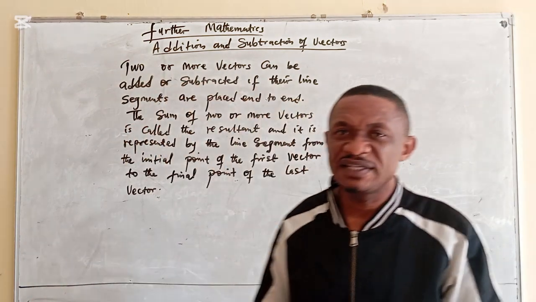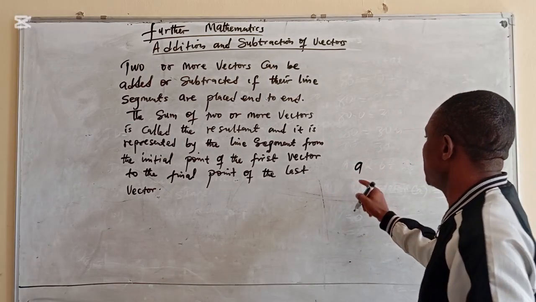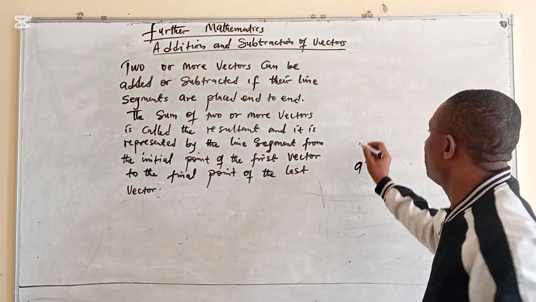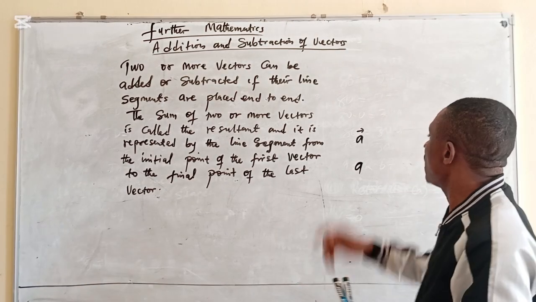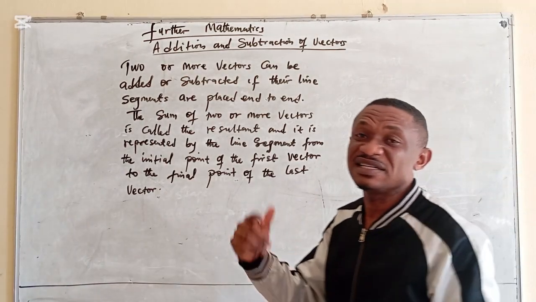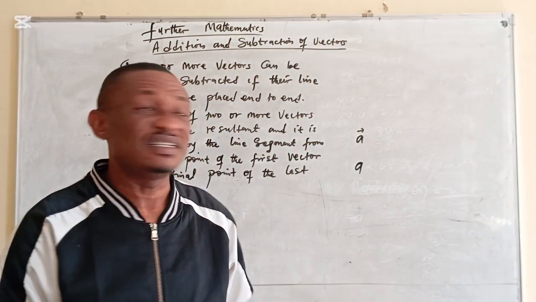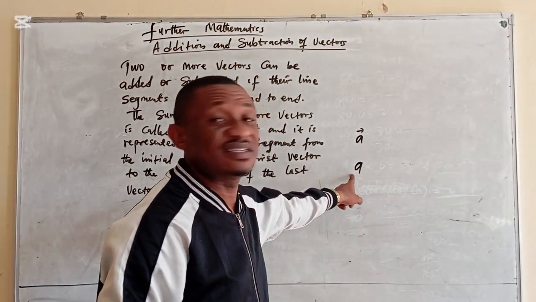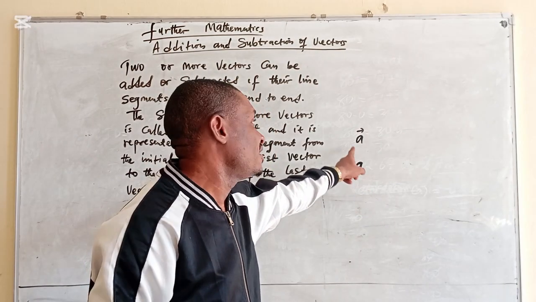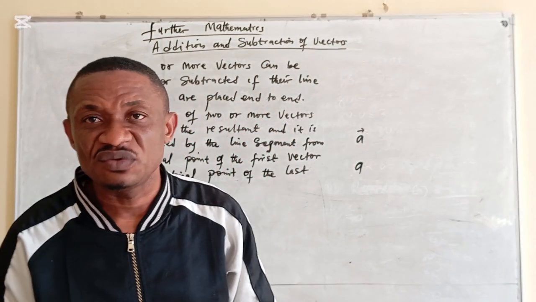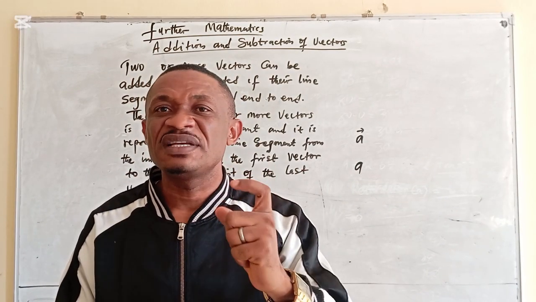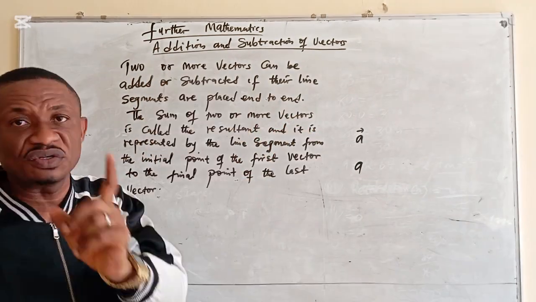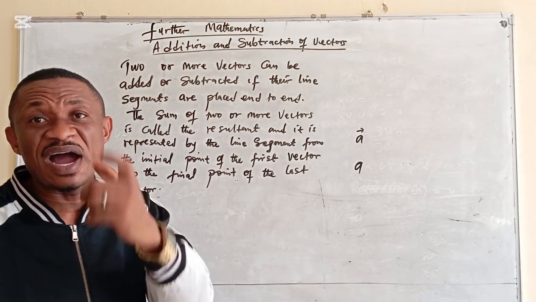If I write A, it means scalar. But if I put an arrow on top, it means vector. This arrowhead shows that it has a direction. It is a vector, but the other is a scalar. So what am I trying to explain? Vectors are represented using an arrowhead. For you to subtract or add vectors,